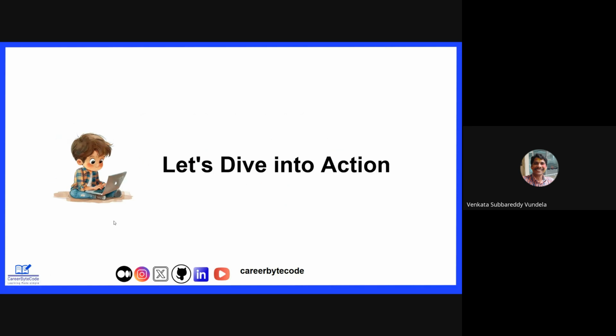Next, let's go into that. Before going into the implementation, let me explain a diagram so that you can easily understand what components are involved, what the architecture is, and how we are going to implement it. It will be easy for everyone to understand, whether you're a beginner, a technical architect, or someone just starting DR in their organization. So let me share my screen and explain the architecture and what components are involved.